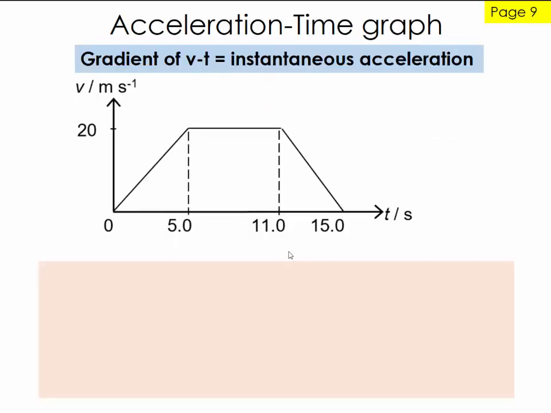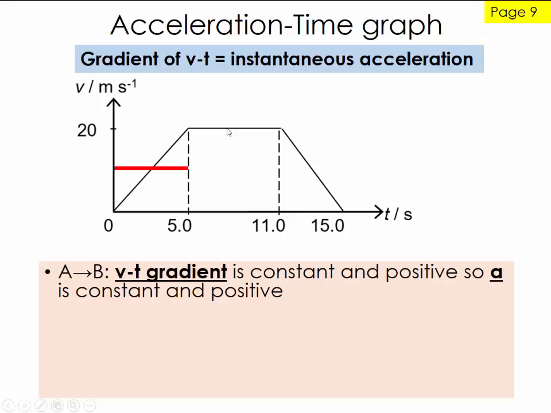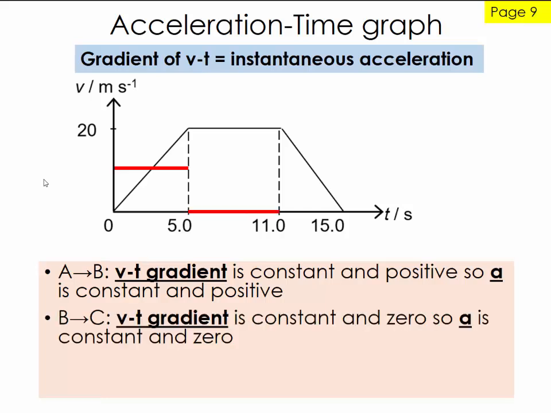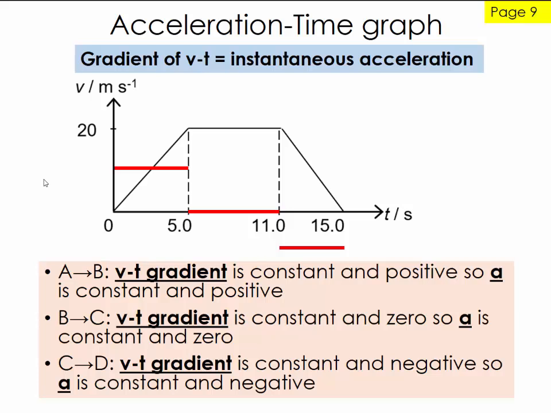Okay, let's look at the next part, the acceleration-time graph. Right, the gradient of VT, remember, is actually the instantaneous acceleration. Right, so let's look at AB. This part has a constant gradient, so we should get constant A. Positive gradient, so positive A, right? You should be very familiar. So can you, in your mind, sketch the graph now and see whether you get it correct? Did you get it correct? Good,